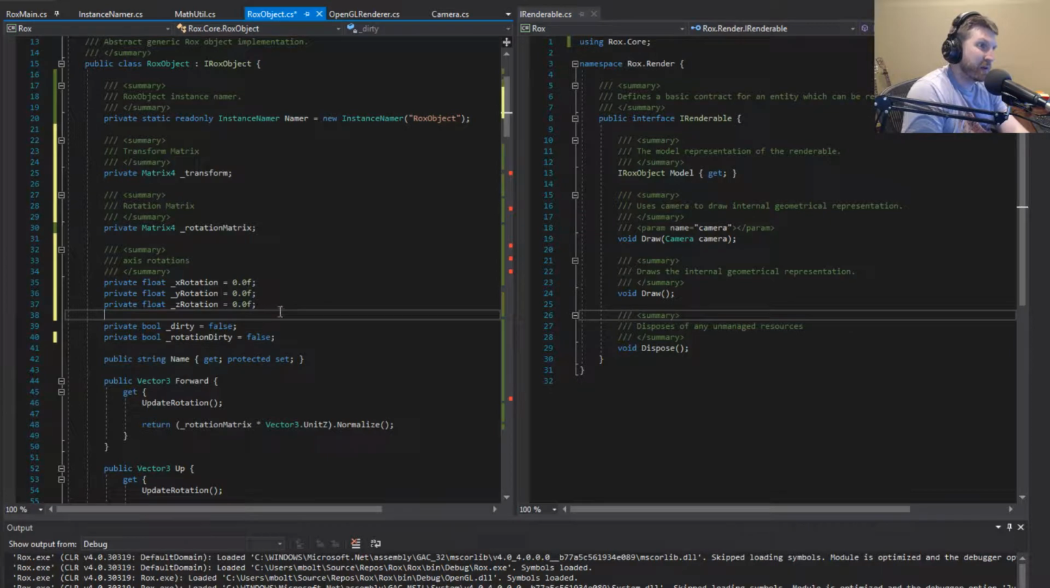Man, you know, I hate having both these flags. We can use like